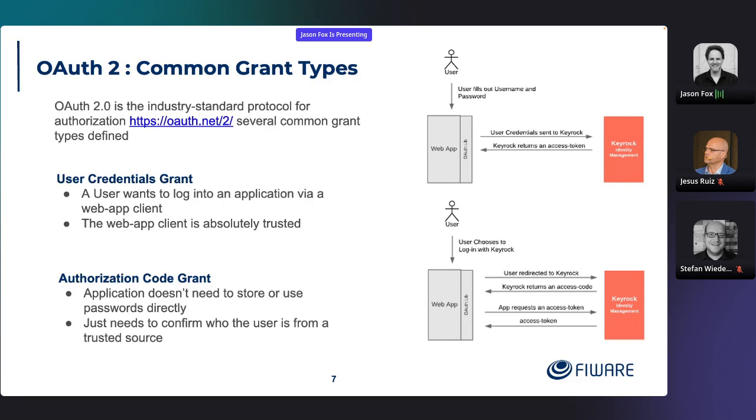In other words, you attempt to log in to a system. It says, would you like to log in using Keyrock? And when you log into Keyrock, it will say, do you know this guy? It will then return an access token if you're successful. And the access token can then be used to confirm who the user is from a trusted source. It's two steps rather than one. So in order to show you that,